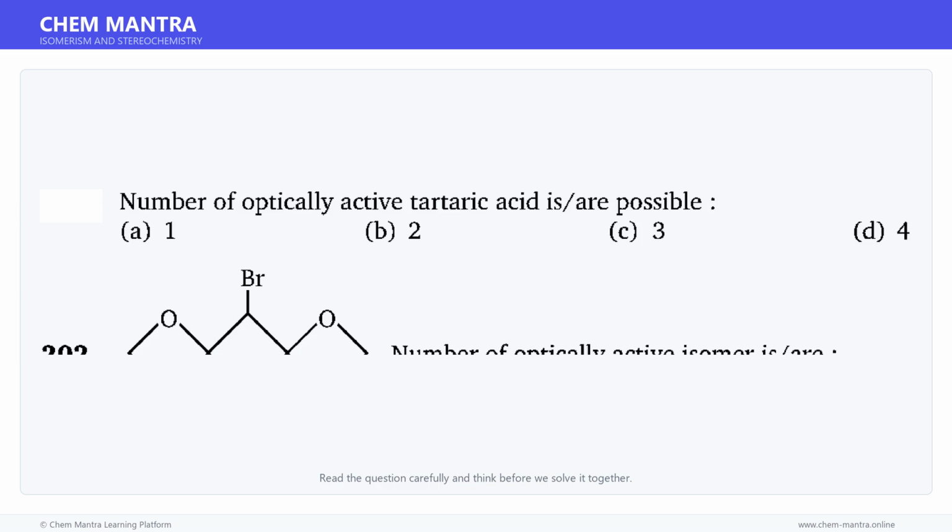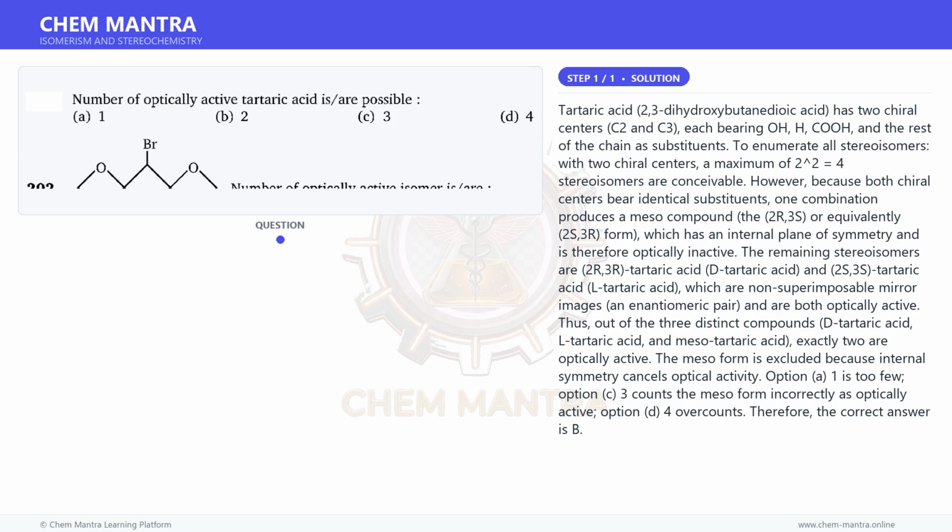Here is a question. Read it carefully and think about the answer. Let us solve it step by step. Let us begin solving this step by step. Tartaric acid